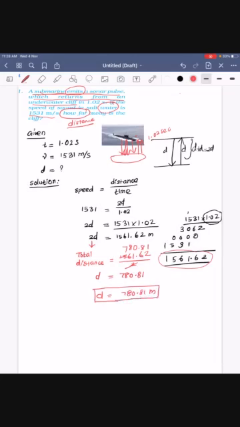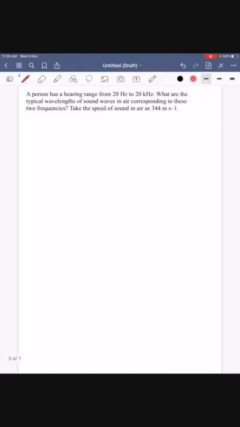Okay, so next problem, we have to go to the next problem. A person has a hearing range of 20 Hz to 20 kilo